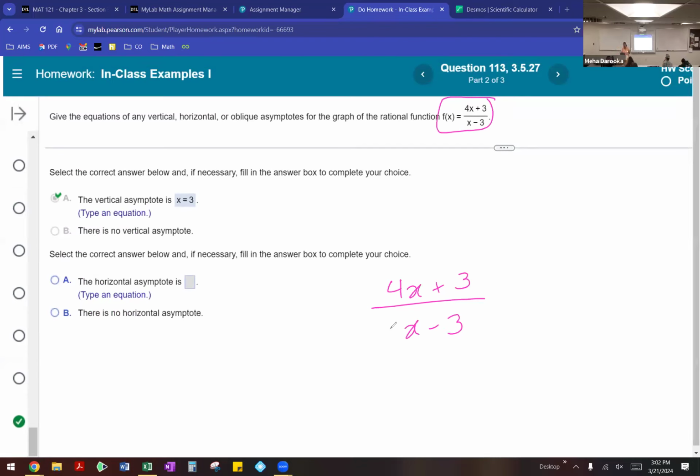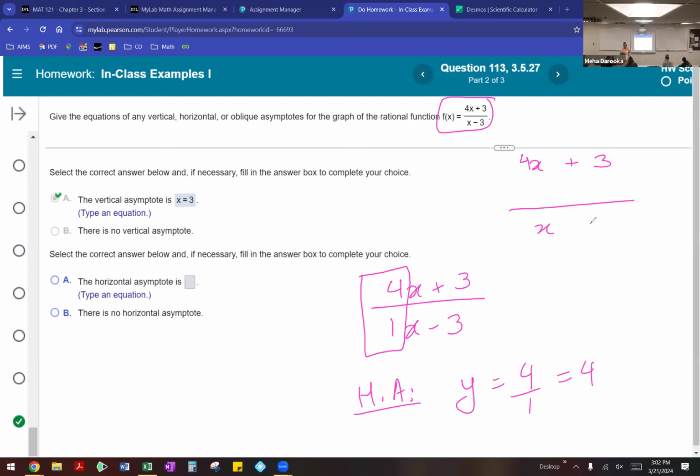So remember, that tells us you're basically looking at the coefficient of the x values to get your horizontal asymptote. So that's actually going to be these two numbers here. So your horizontal asymptote is going to be the line y equals 4 divided by 1, which is basically y equals 4. If we did it the other way that your textbook was talking about,